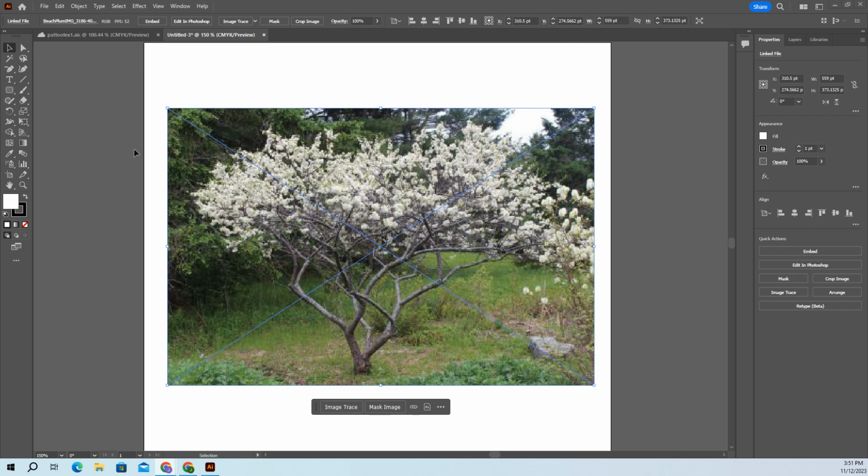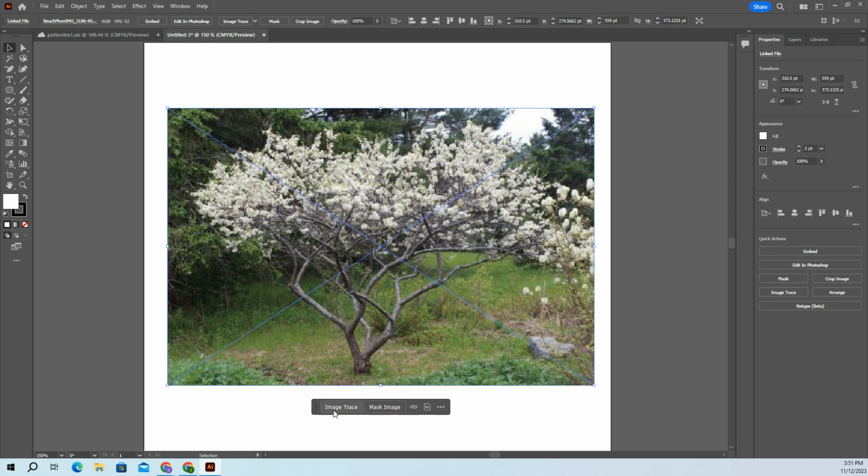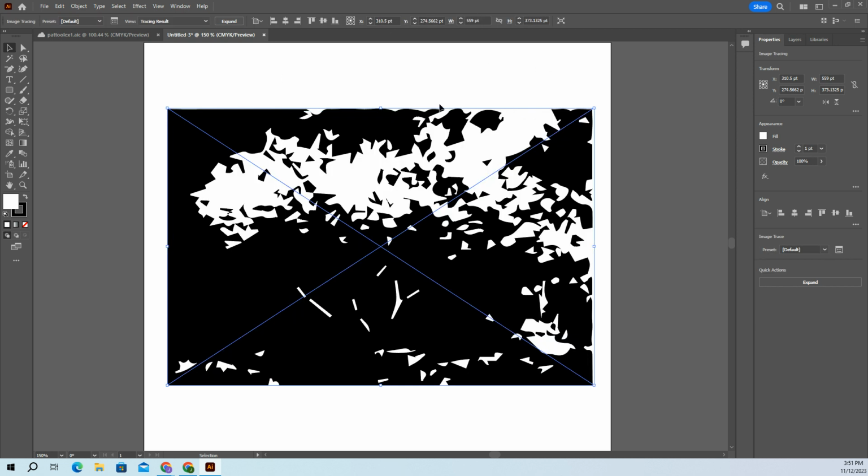So there's different things, right? We could click image trace down here. It's also available somewhere here, right, in the window. But after I click on it, image trace. Oh, you'll notice that I kind of did that. So we might have to think about